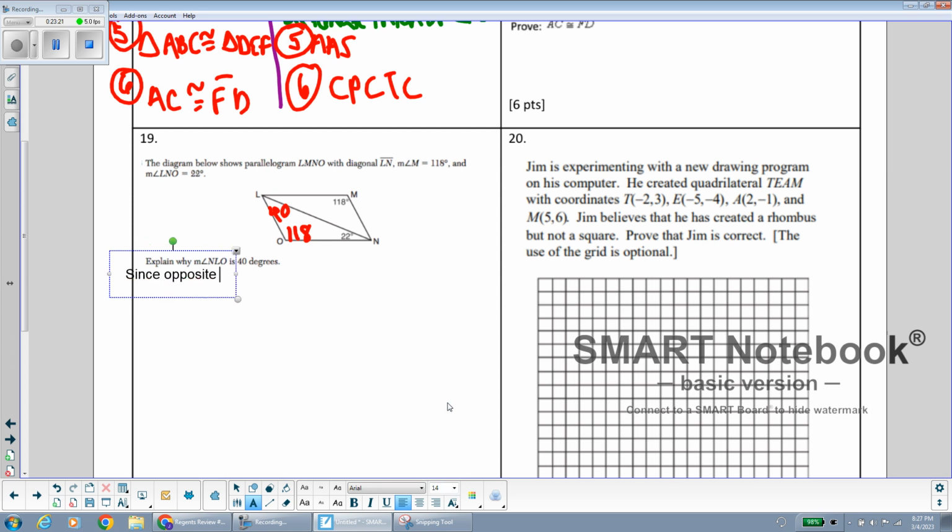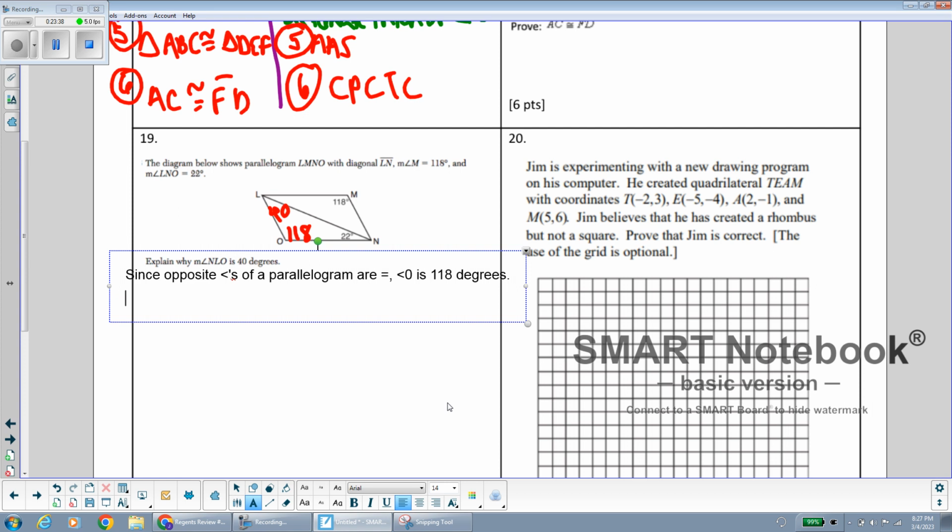Since opposite angles of a parallelogram are equal or congruent, angle O is 118 degrees. Now I'm just typing quick. Since all angles of a triangle add to 180 degrees, angle NLO is 40 degrees